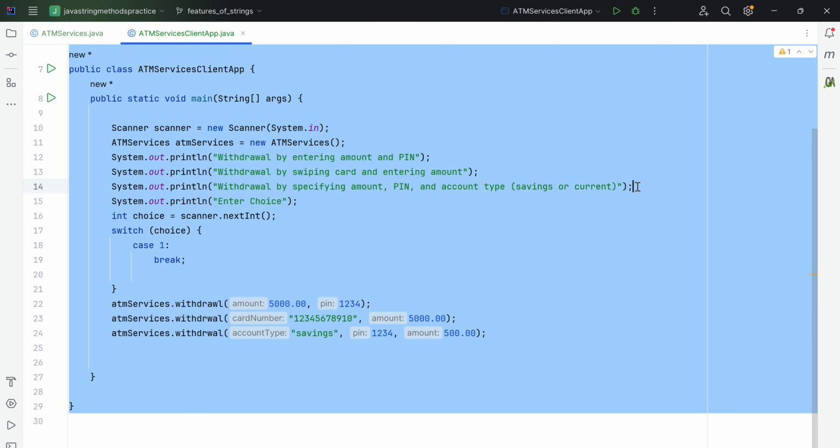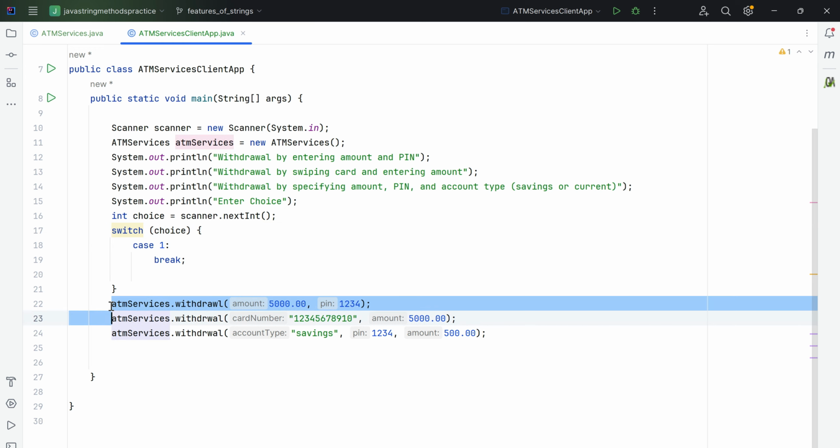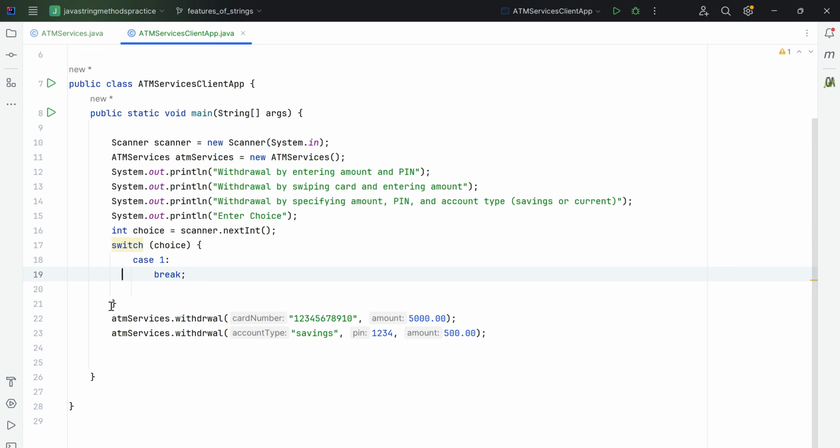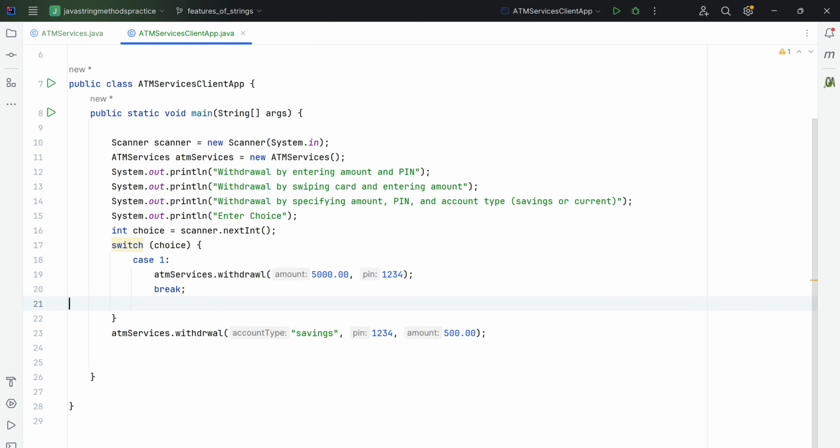Yes, that's fine. So now we'll be entering a choice, and based on our choice, we'll be performing an operation. If your choice is 1, we'll be performing withdrawal using the pin. And if your choice is 2, I'll write case 2,